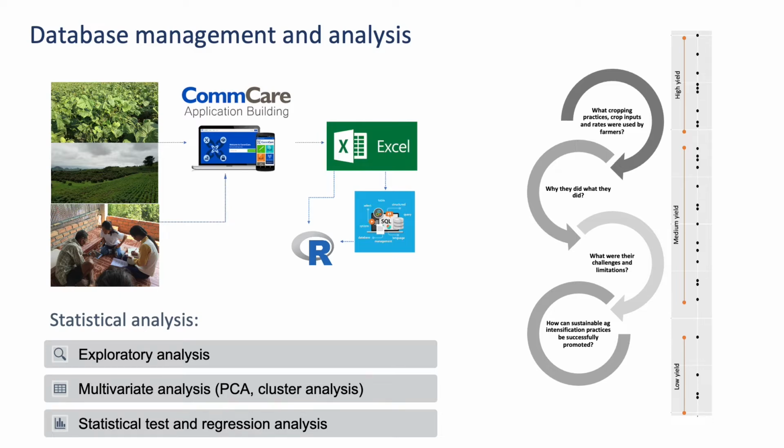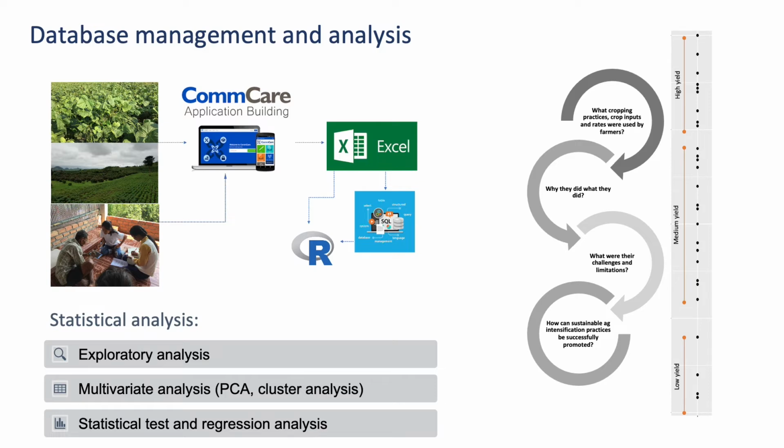With the statistical analysis, we plan to perform different tests and analyses, such as exploratory analysis. This type of analysis helps us to have a good understanding and summary of the data that we collected. And with multivariate analysis, which includes PCA, principal component analysis, and cluster analysis, this allows us to extract useful or important information from a dataset with multiple variables or observations. Then we can classify them into different groups or categories. We also plan to do other statistical tests and